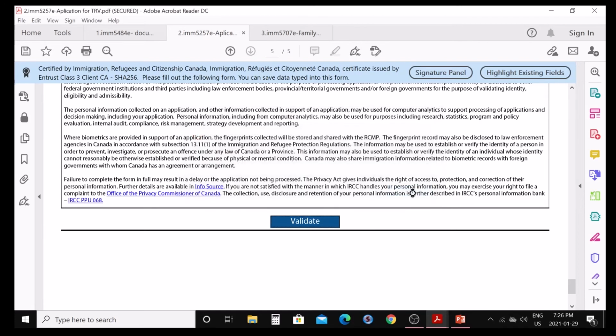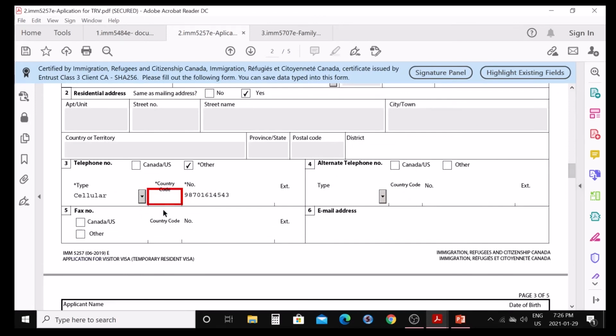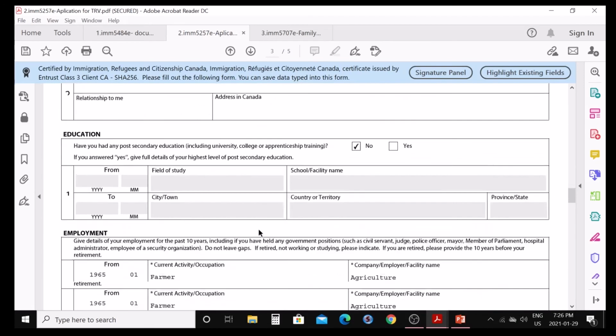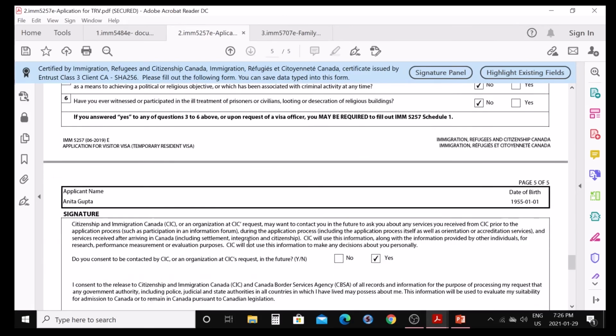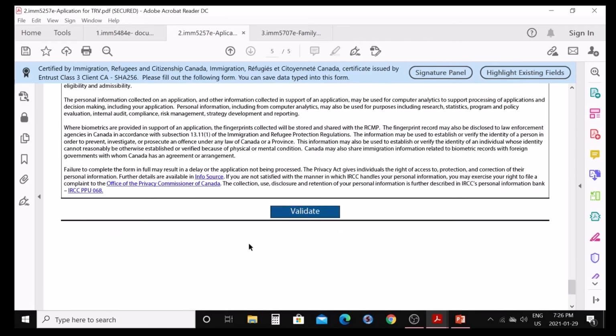So we're going to say okay, and we're going to go to the telephone number here. Oh, I filled it, so somehow maybe it got deleted. So we filled it again, and let's go check it again. If something is wrong, it's going to tell us again. So that's how you can check your form. If you fill it on the computer, that's really good. It can tell you your mistakes.